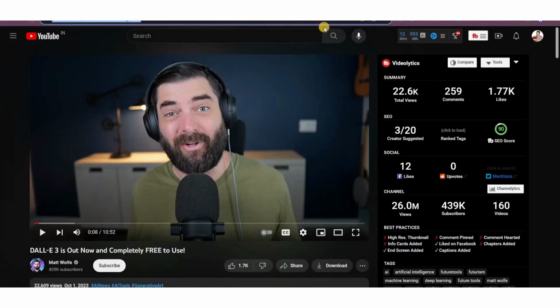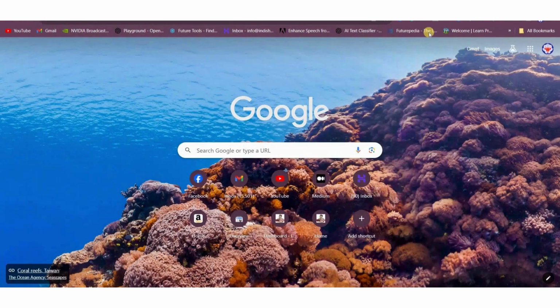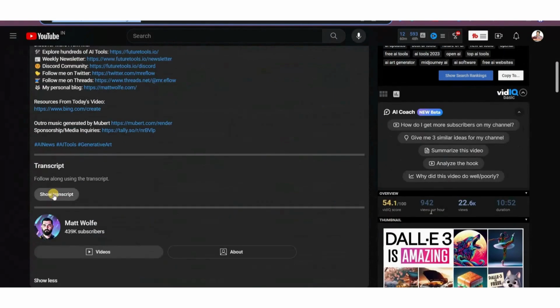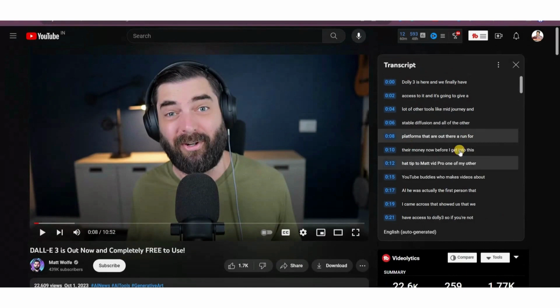So we'll just copy the link from here. Once you have copied the link, you can simply open downsub.com and get the transcript from there. Or you can just go down and click on show transcript, and you get the transcript from here. Whichever method you want to use depends on you. If you use this transcription, it will lead to more API usage, because here you have more empty spaces and these timestamps as well. So it's better to download the transcript. I recommend you download the transcript.